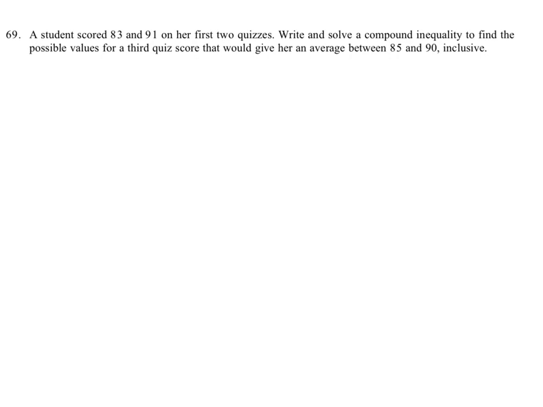Okay, this is an incredibly cool problem. Some of you might find it a little bit challenging, but hopefully you all can see how interesting it is when we set it up and solve it. Okay, so it says a student scored 83 and 91 on her first two quizzes. Write and solve a compound inequality to find the possible values for a third quiz that would give her an average of 85 to 90 inclusive, meaning it could be equal to these numbers